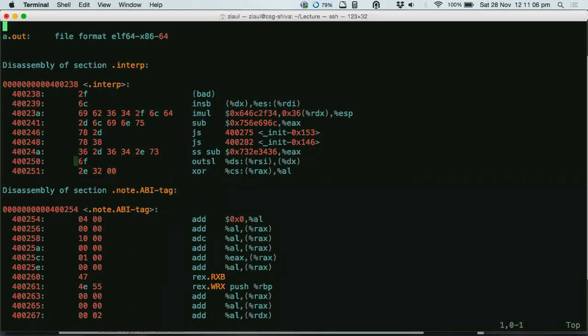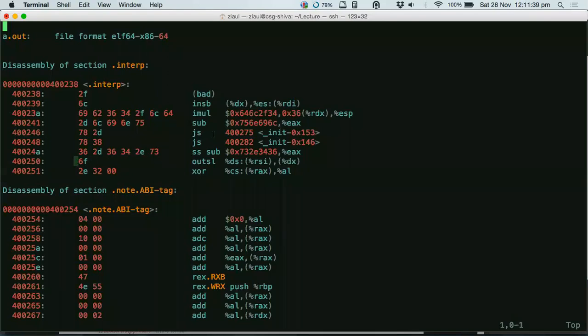For the program counter to execute this instruction, it has to ask the bus to get this instruction into the CPU, then decode it, feed the necessary data to the ALU and execute it. The program counter will go through each of these instructions one after another. First it will see this instruction, then point to this, then this, then this. So these are the instruction addresses loaded in your RAM.